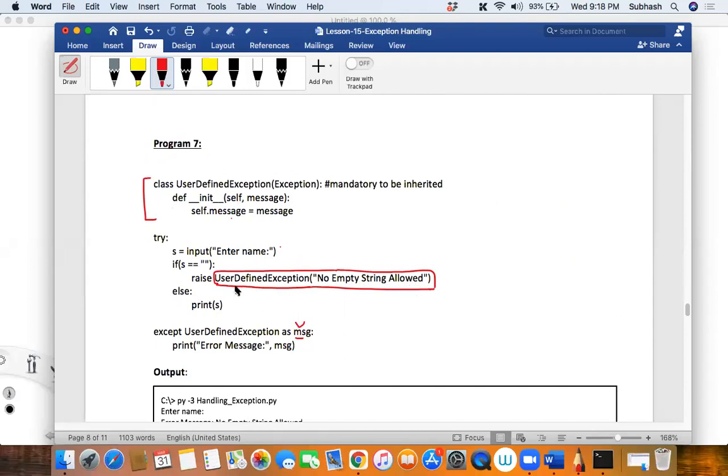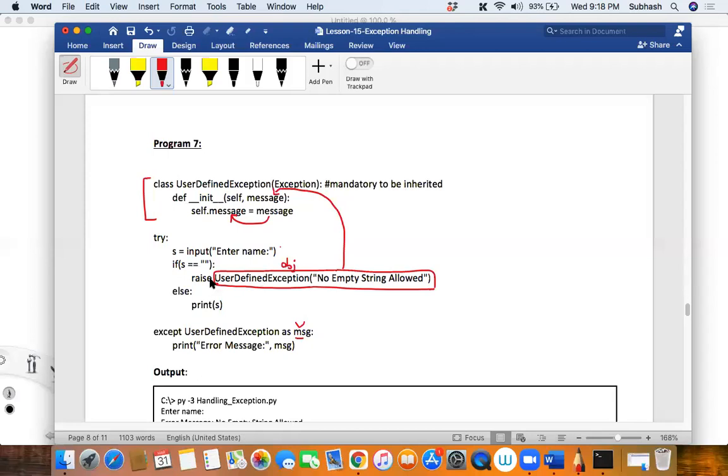Okay, so when I'm creating an object, what will get called? Init method will get called, right? Yes or no? This method will get called, and this string will go and sit where? It will go and sit in message, and this message will go and sit in this instance variable. Don't you think now an object is created? This entire thing will create an object. And now I am raising that object.